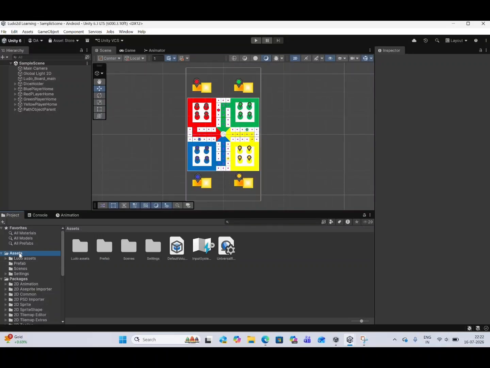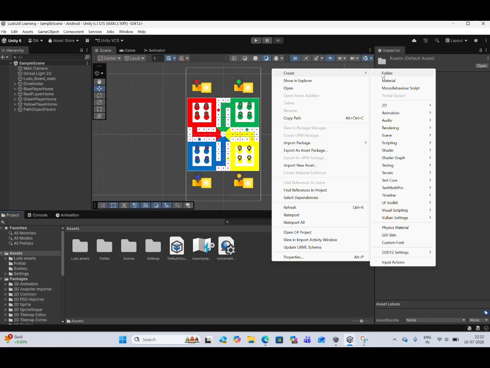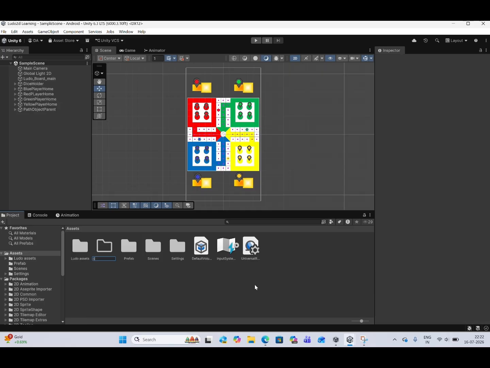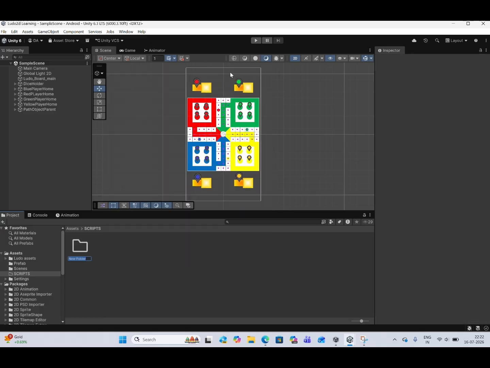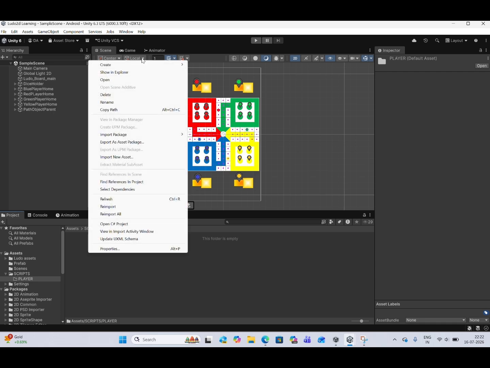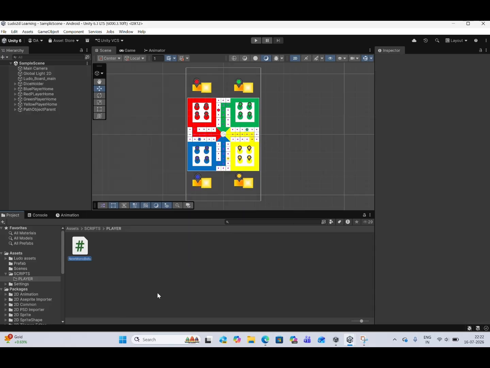Studio. Today we will move forward in our scripting part. First we will create a folder, name it scripts. In this we will create one more folder, name it player, and in this we will create a C sharp script from mono behavior script and name it